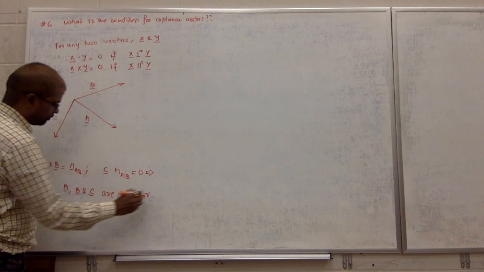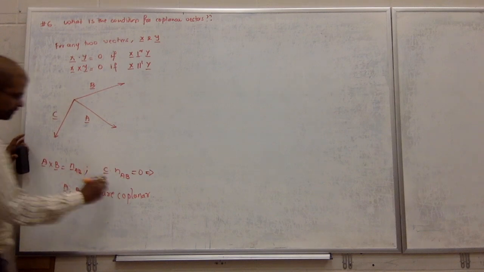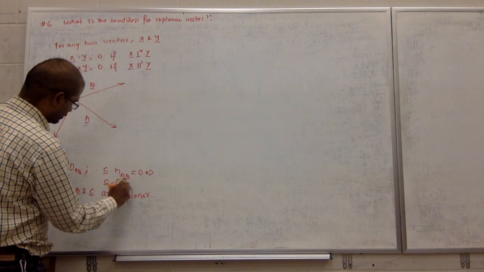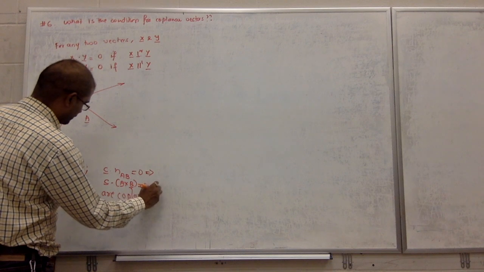Okay, so this can also be written as C dotted with A cross B. Implies